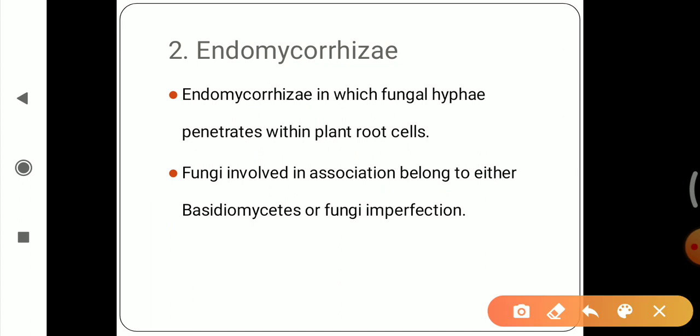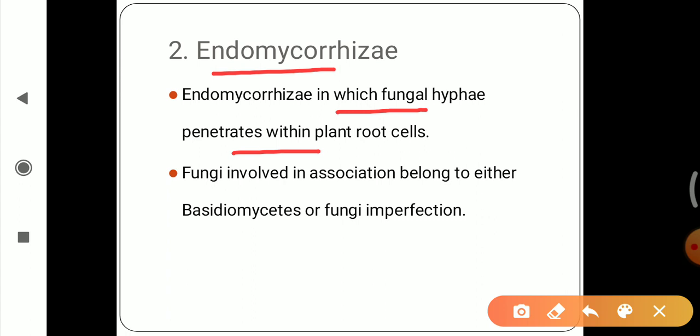Now the second type of interaction. According to the partner of interaction, we have seen the 4 different types of mycorrhiza. Ectomycorrhiza, second that is Endomycorrhiza. In this we will see Endomycorrhiza, in which fungal hyphae penetrate within the plant root cells, whereas